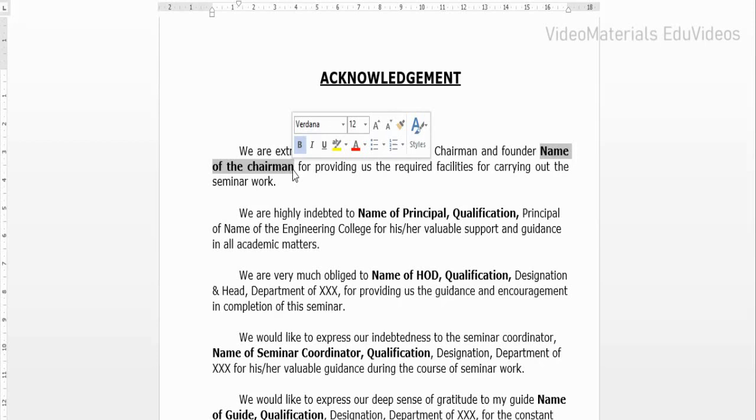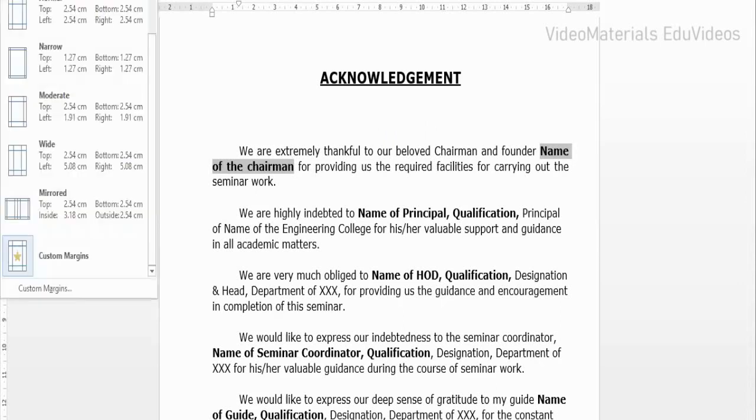So now I'm assigning the margins. For that I'm going to the page layout menu. Within the page layout menu I have a margins option. Within the margins option I'm going to select the normal margin. When you observe the normal margin, the value is 2.54 centimeters in the top, bottom, left and right positions of the page.